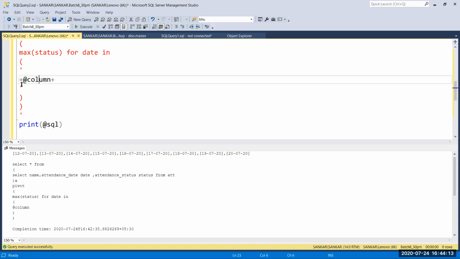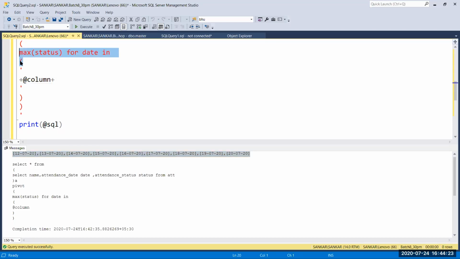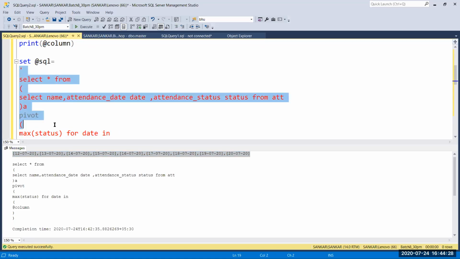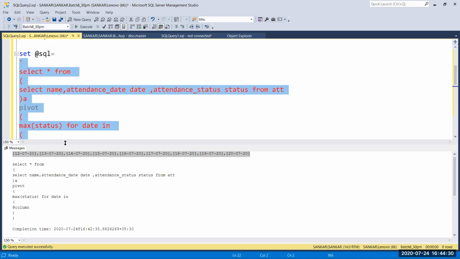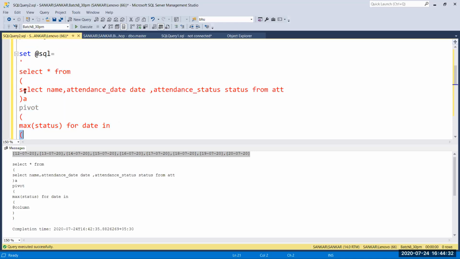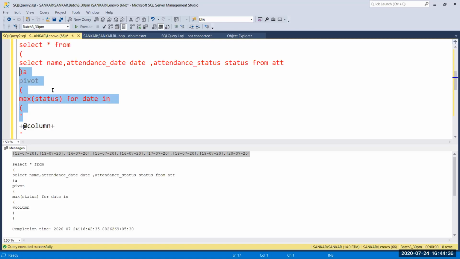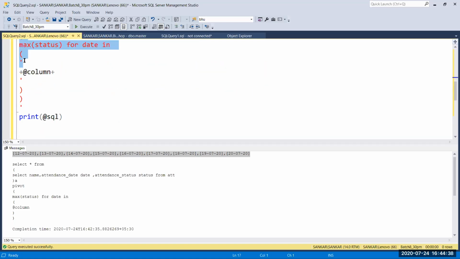Because already we have at column value, these all are the column values. So here I have done some string concatenation, plus this value. The single quotes ended here, so this is a separate string and this is a separate string.